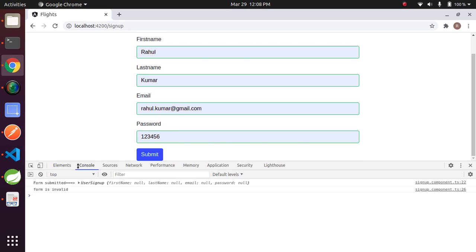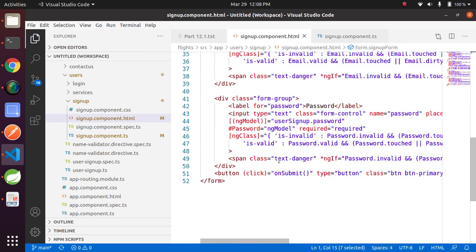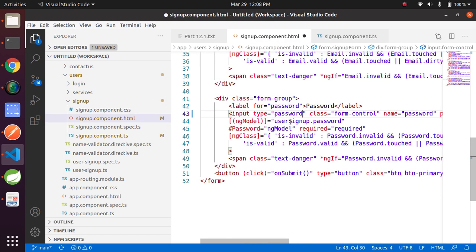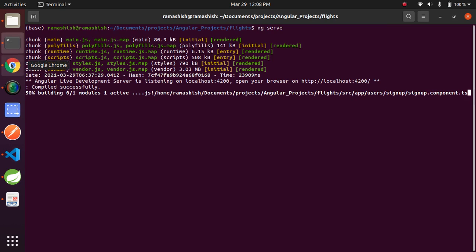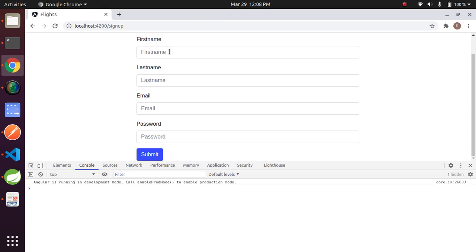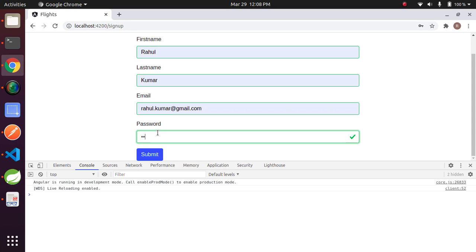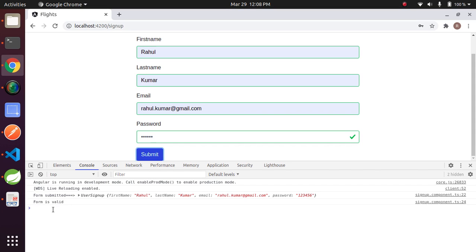Let's change the type of password here. Rahul Kumar, email rahulkumar@gmail, password I am giving 1 2 3 4 5 6. Just submit the form. If you look here, we are getting form is valid. Now we can call the API.